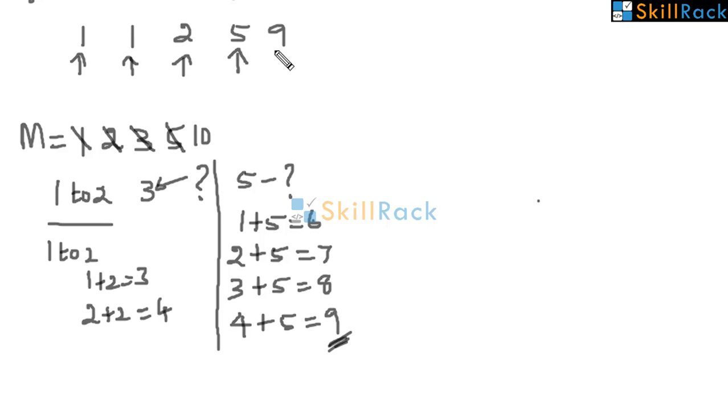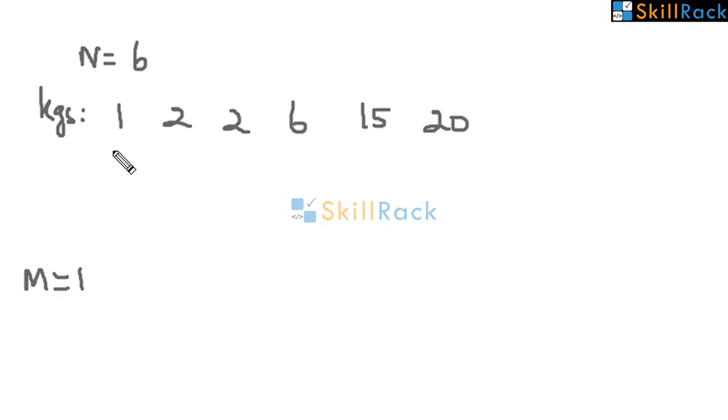So now you go forward. It is 9. Is 9 less than or equal to 10? Yes. Then you can confirm you can add up to 19. That is, up to 19 in the sense you can measure up to 18. 19 is the question mark. Now you have reached the end of the array, which means the minimum weight which you cannot measure is 19.